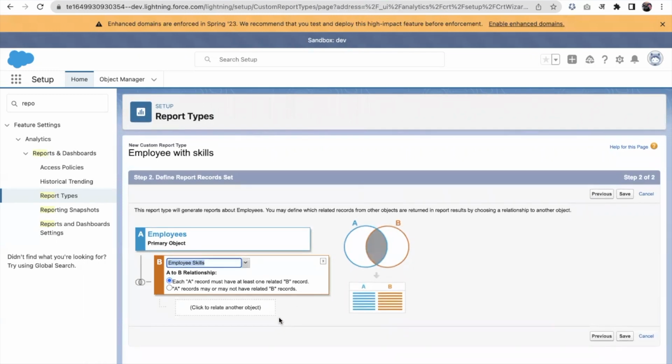Okay. So you must have seen some report types in which you have noticed the with or without keyword, like account with contact, account without contacts. So how is it decided? There is a relationship option available. A denotes the employees and B denotes employee skill. If you choose this first, each parent must have at least one child